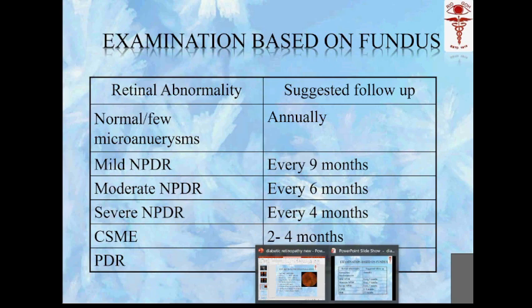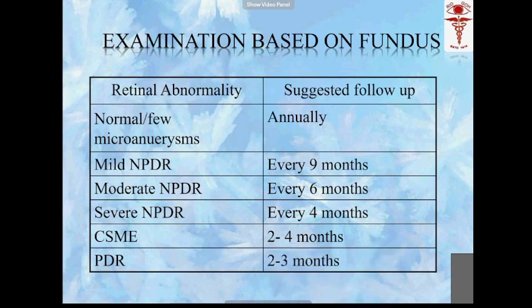What is IRMA? Intraretinal microvascular abnormality. The difference between a new vessel and IRMA is that IRMA will not breach the ILM, the internal limiting membrane. A new vessel will have already breached the internal limiting membrane. If it breaches the internal limiting membrane, it is very prone to bleed. Very good.